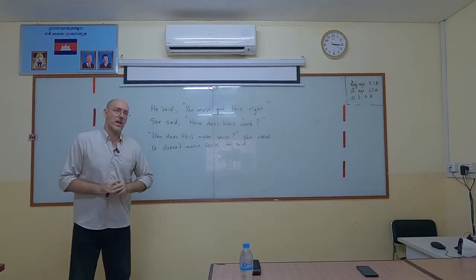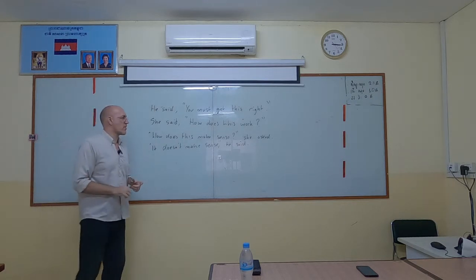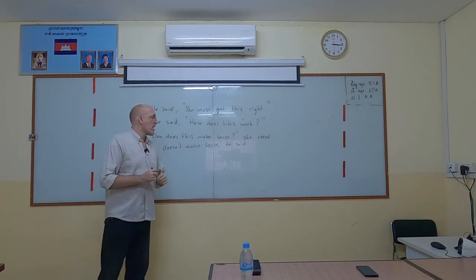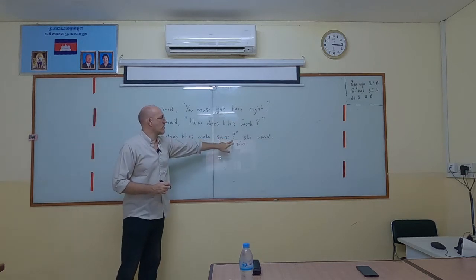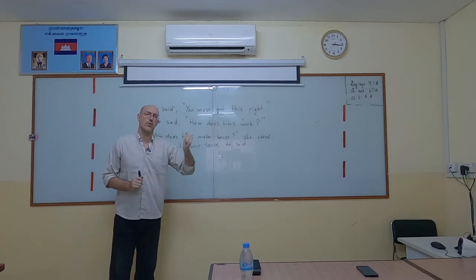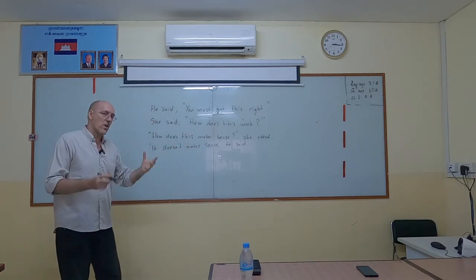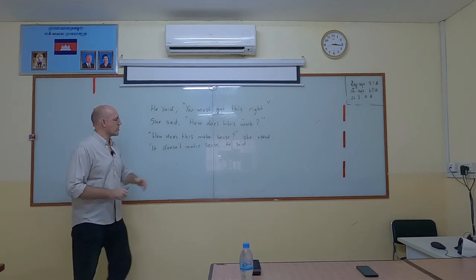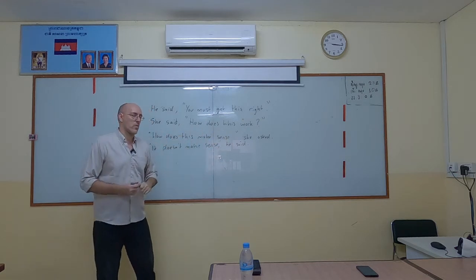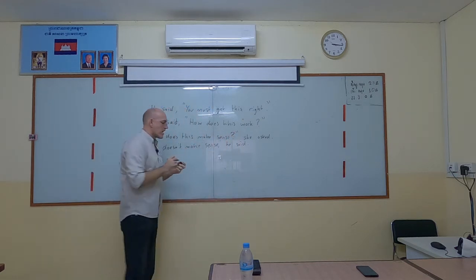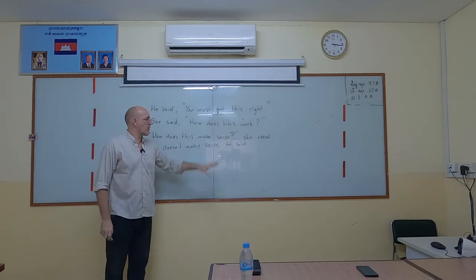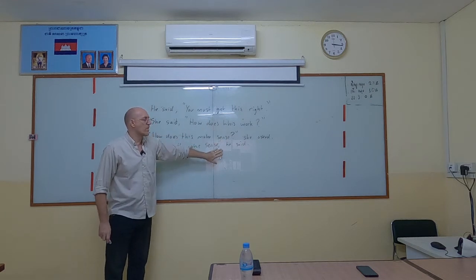But the two differences, the two exceptions to this rule are a question mark. Now, the question mark exists to tell us, the reader, that this is a question. Seeing this question mark lets us know to raise our voice. How does this make sense? We raise the tone of our voice as we get to sense. We know it's a question. Take out the question mark. How does this make sense? Now that doesn't sound like a question, so we have to put the question mark in. So it substitutes for a comma as an exception. We make an exception for it because we need this more than we need this rule.